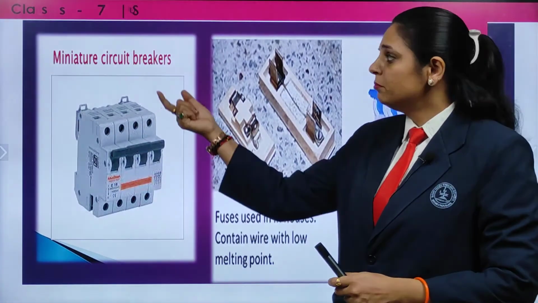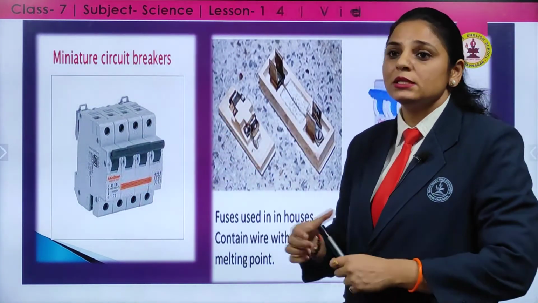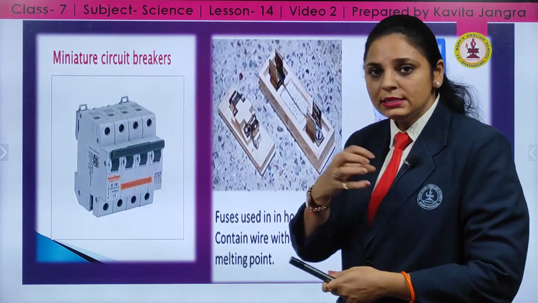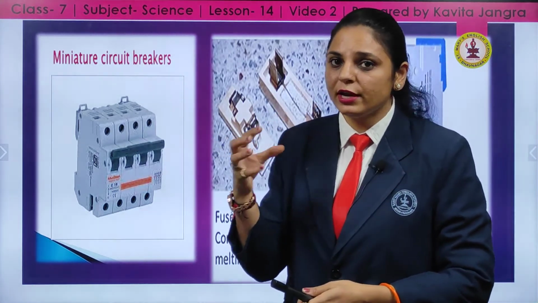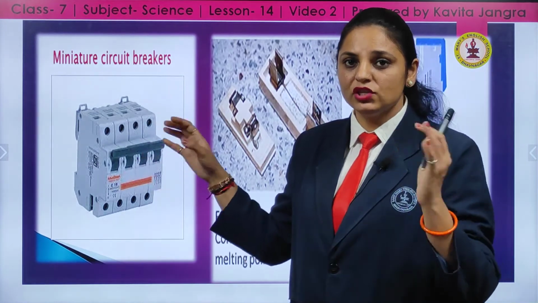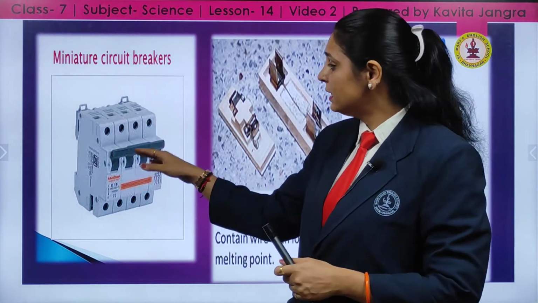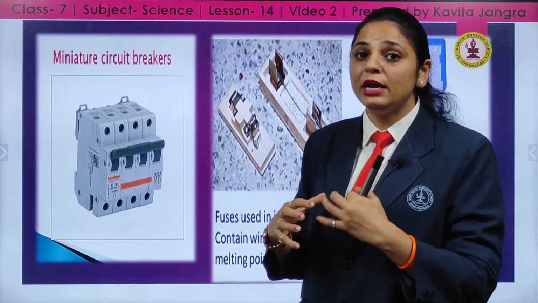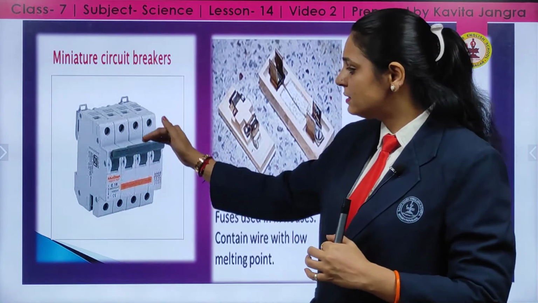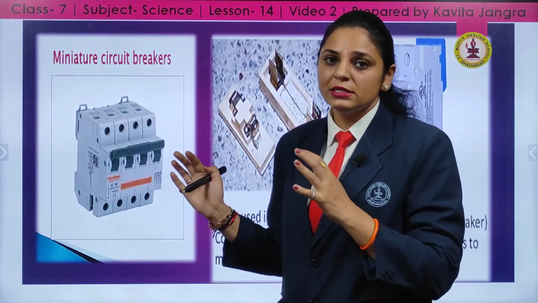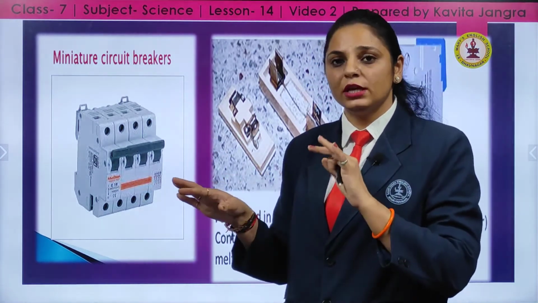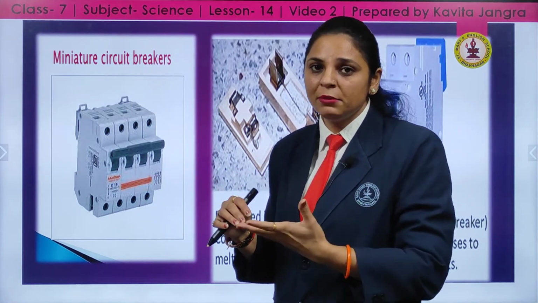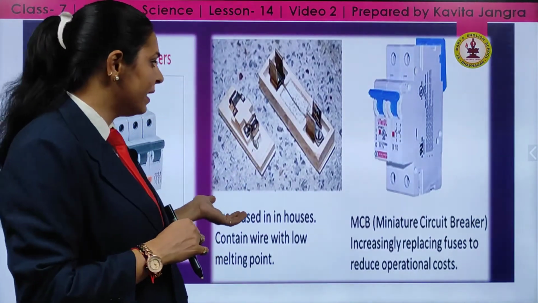This is an MCB, miniature circuit breaker. What is the phenomenon, what is the working of this? It depends on the magnetic effect. When an exceeding, large amount of current flows through the wire connected to the household appliances, then this MCB will drop down. Why will it drop? Because of the large amount of current which is flowing, the circuit breaks down here, and you can pull it up again if the current is according to the limit. If it is exceeding the limit, then it will drop down, and it is dependent on the magnetic effect.